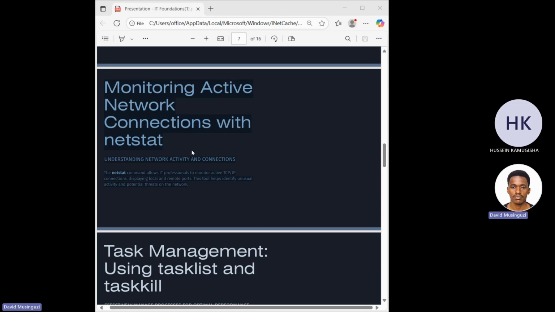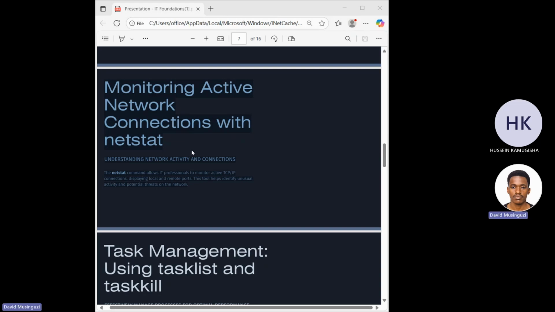I was saying NetStat is a command line tool used to view active network connections and listening ports, plus statistics, on a computer. It usually assists in monitoring traffic, detecting suspicious activity, and troubleshooting connectivity. So it checks all active connections; you see all open and active network connections between your computer and other remote systems.